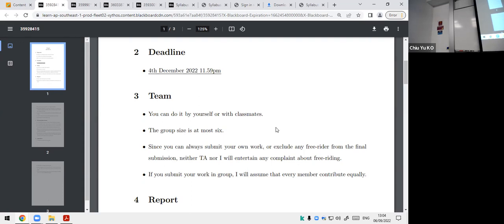Of course, if you want to go over 6, let me know and I can see if you're really worth more than 6. Otherwise, I assume 6. Because you can do it by yourself, I do not entertain any complaints about your group mates freeloading. You don't need to tell me your group formation. You can break up anytime. I just need you to submit the final thing. So you don't need to tell me that guy is not doing the work. You can just submit your own. We are not going to handle complaints that this guy is doing the bad thing. You solve it by yourself.